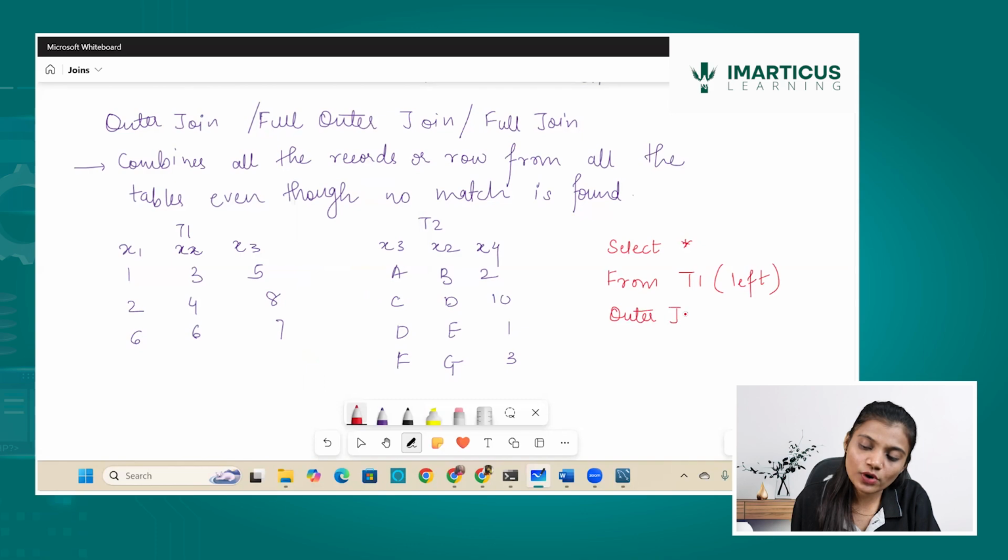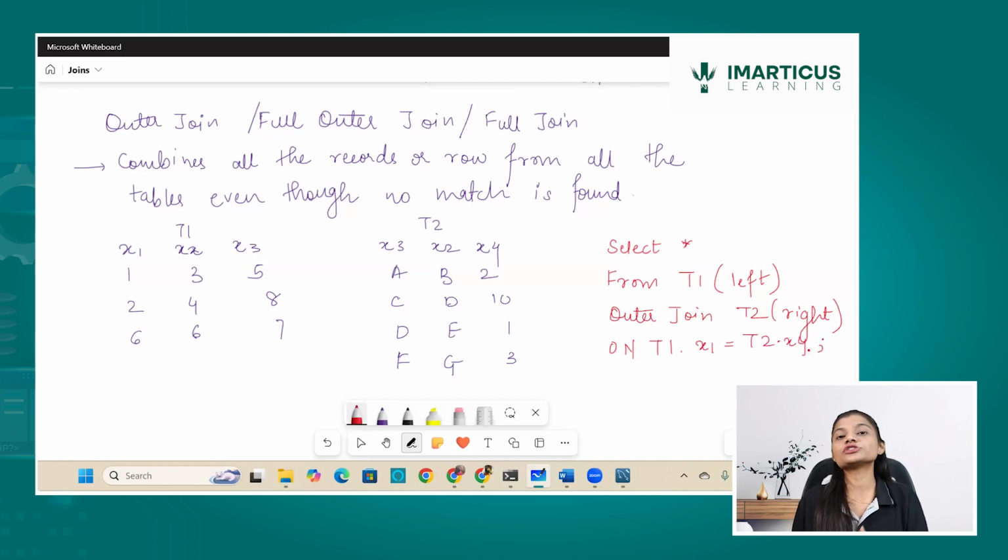I can write full join, I can write full outer join, it's fine. Then I write T2, which is my right table. And I write ON as the joining condition: from T1 the column X1, and from T2 the column X4. It doesn't matter if the column name is different, but the information within the column needs to be the same.